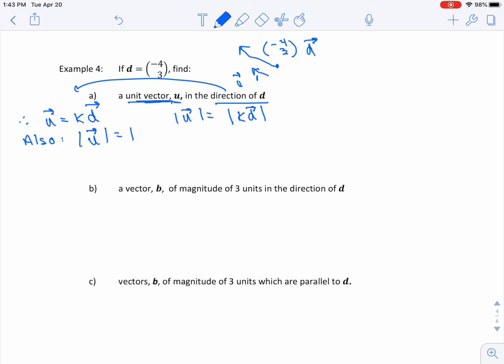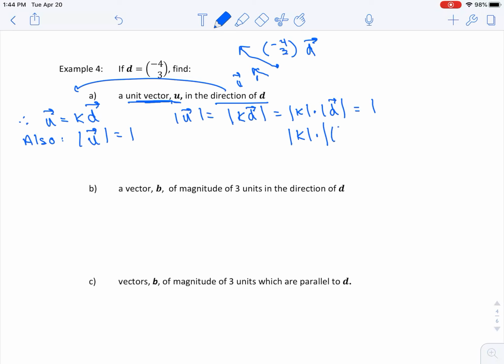And we know that the magnitude of kd is just going to be the absolute value of k times the magnitude of d. Okay, so now we also know that the magnitude of u is going to be 1. So we're just going to work this through. So we know that the absolute value of k times the magnitude of d